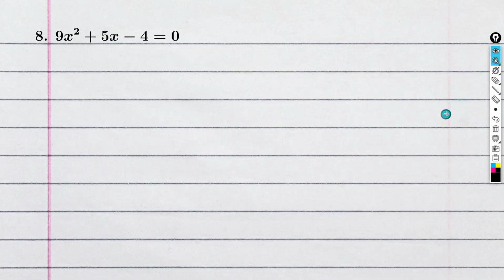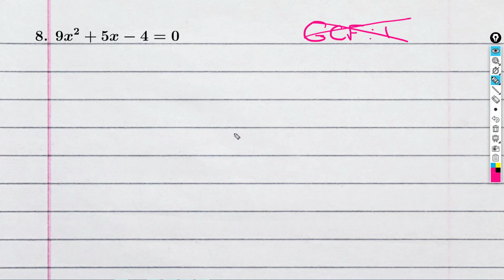Let's look at number 8. Again, the first step is look for that GCF. So when I look at that GCF at 9, 5, and 4, the best number that can divide into all of that is 1. There's not an x in all of them, so that GCF is now not helpful. So now the next step is we have a trinomial, meaning 3 terms. So I draw an x. Up at the top, I'm going to multiply my 9 times negative 4, so negative 36x squared. In the bottom, I write my middle term,